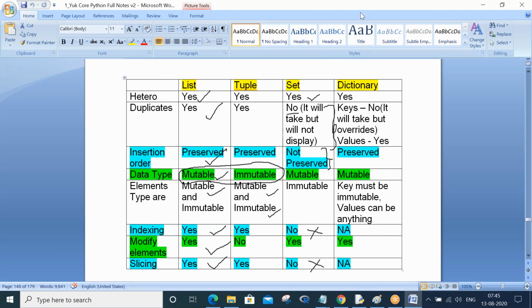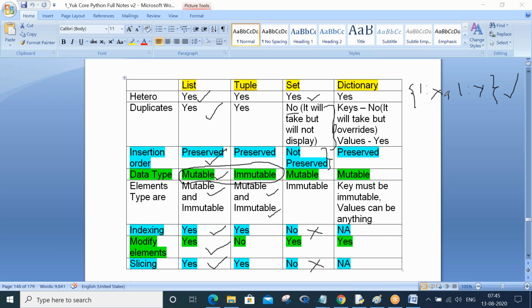Let me give a small example here itself. Let's say you have taken key 1 with a colon and you kept some x value, comma, and again you have taken key 1 with a colon and you give y value. This will get executed. Keys, it will take but overwrites.